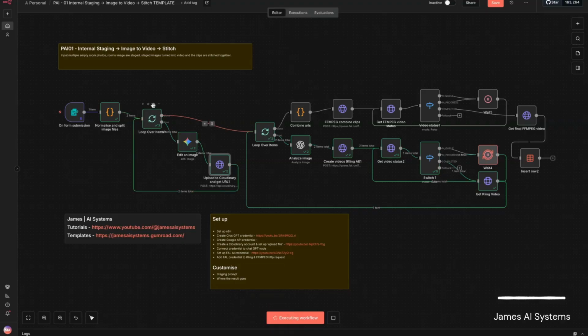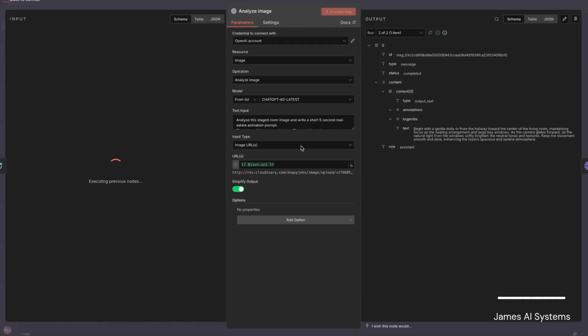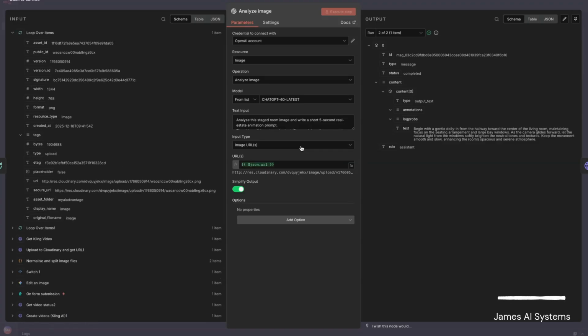And then once we've got both the items, it will come over to this next loop. In this, we're going to process each of the images that run through here. The first thing that's happening here is we're analysing the image. You'll notice that if you've downloaded the template, this is another one of the nodes that's got the little red X, and that's because this requires an API